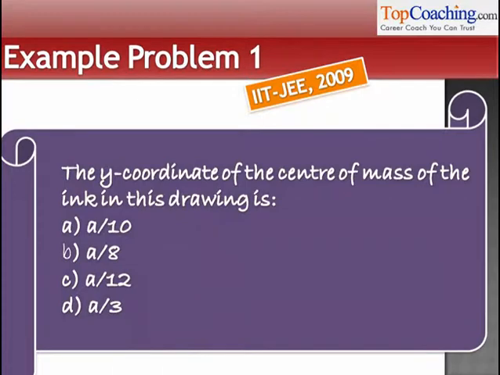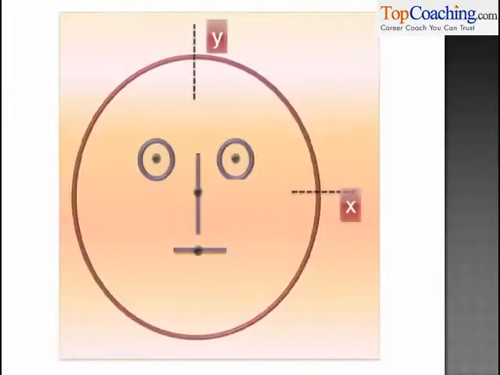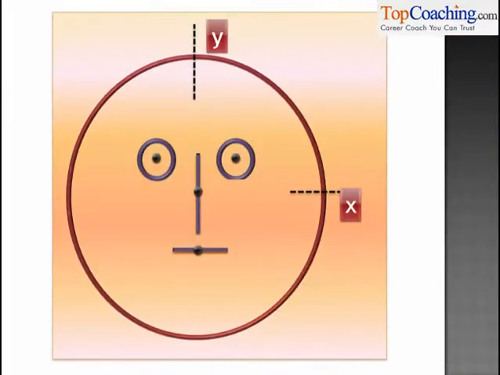The question seems quite complicated, but it becomes very easy once you actually look at the picture given in the question. This is the picture given in the question. As you can see, there are 1, 2, 3, 4, 5 curves present in this question. There is one large red circle, there are 2 purple circles, and then there are these 2 straight lines. The black dots represent the center of masses of each of these bodies. We have to calculate the y coordinate of the center of mass of this entire system.